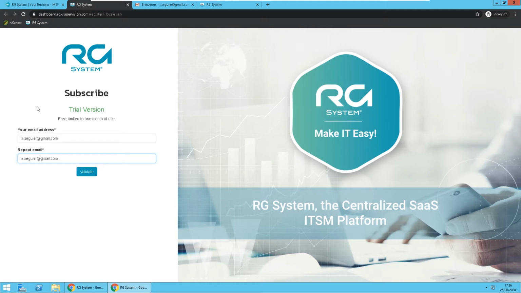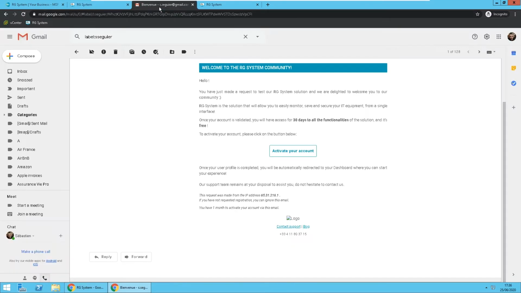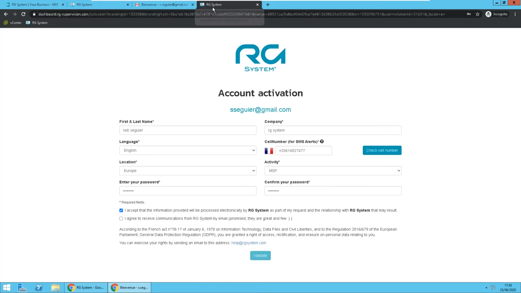Here you will have the little form to put your email address. So just put your email address here on both of those and click on validate. You will receive an email with a link to activate your account. So just click on activate your account and you will be redirected to a form to put all of your